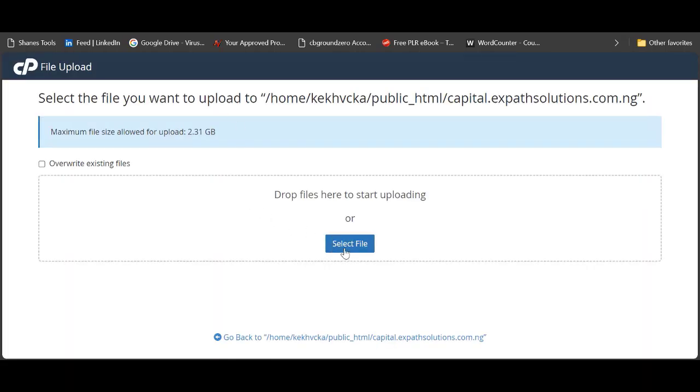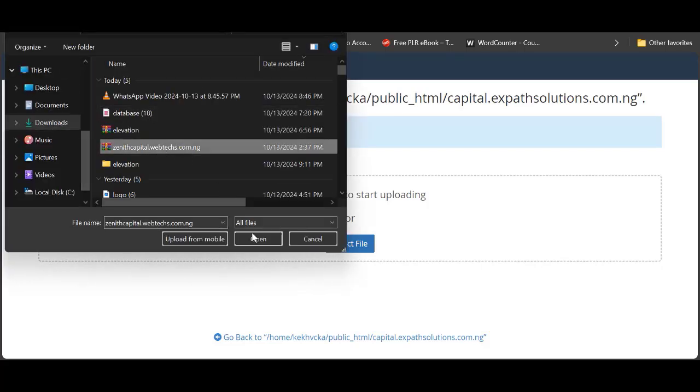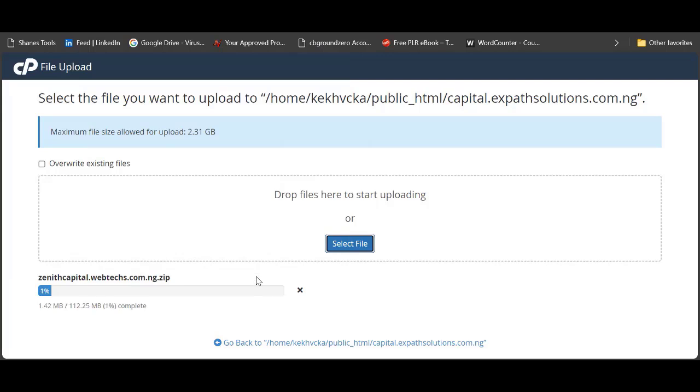Upload the file. So just click on Select. Go to my downloads. I'll just open the file then. So just follow the process. Follow the process and we'll do this. Once the file is done uploading, you can continue from there. While the file is uploading, let me just go ahead and create my